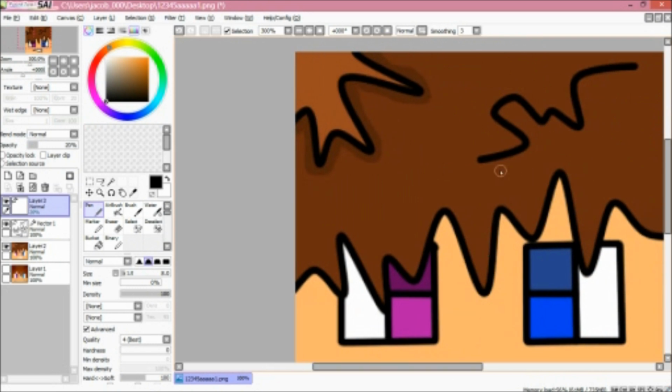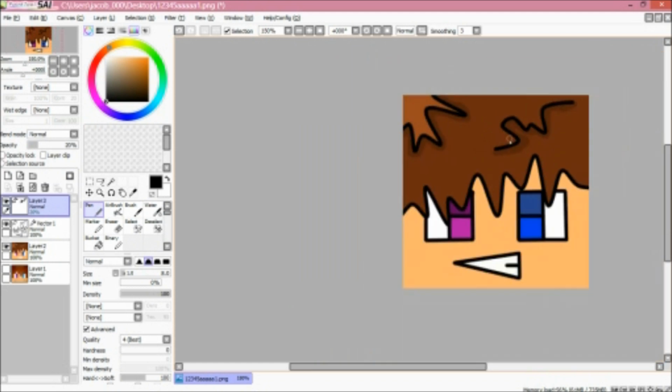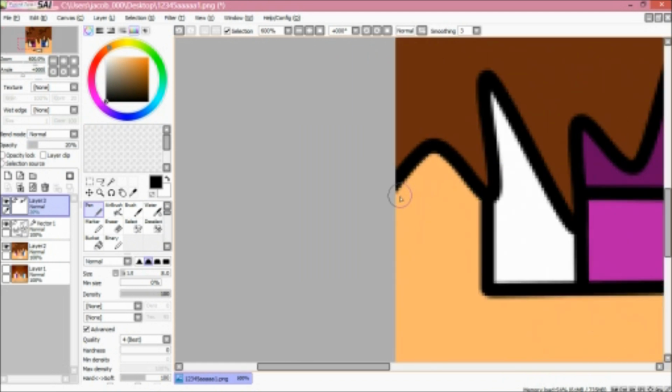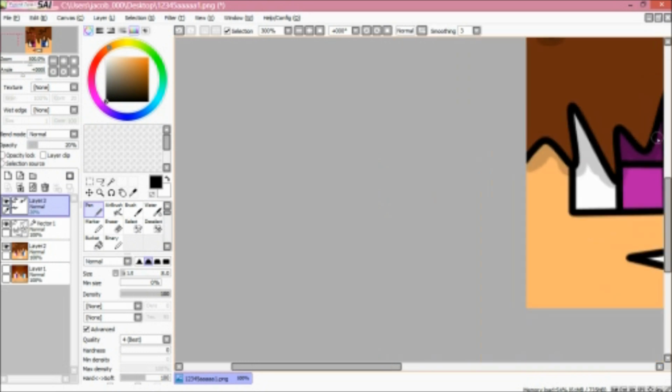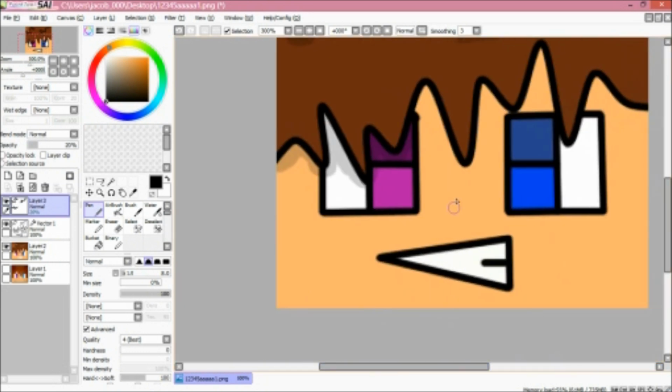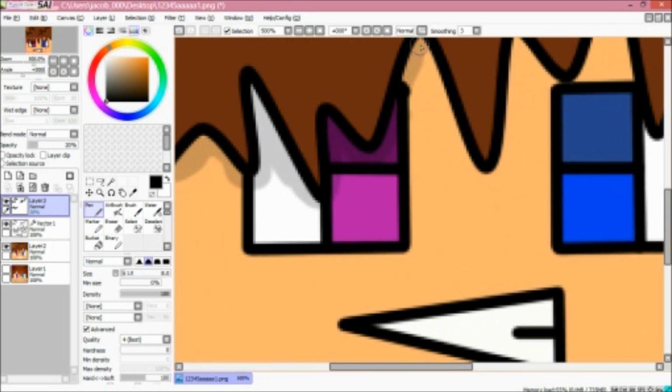Again, I would take more time on this when I'm actually doing it for someone, or just for the sake of the tutorial, it's gonna look like crap. And then you just go all over. It doesn't matter if you go in the eye. It adjusts with the black, which I love. It just adjusts the color perfectly. And now we got sort of a shadow look on the eyes, and you just go everywhere under the hair,